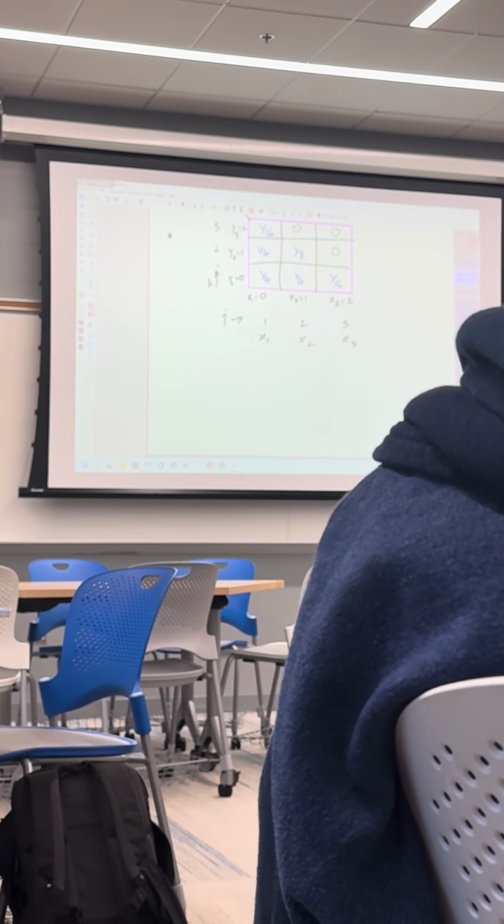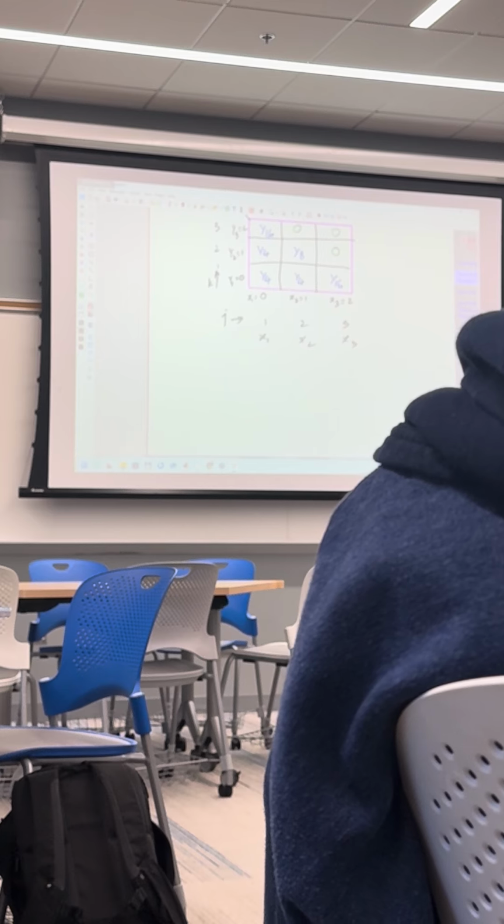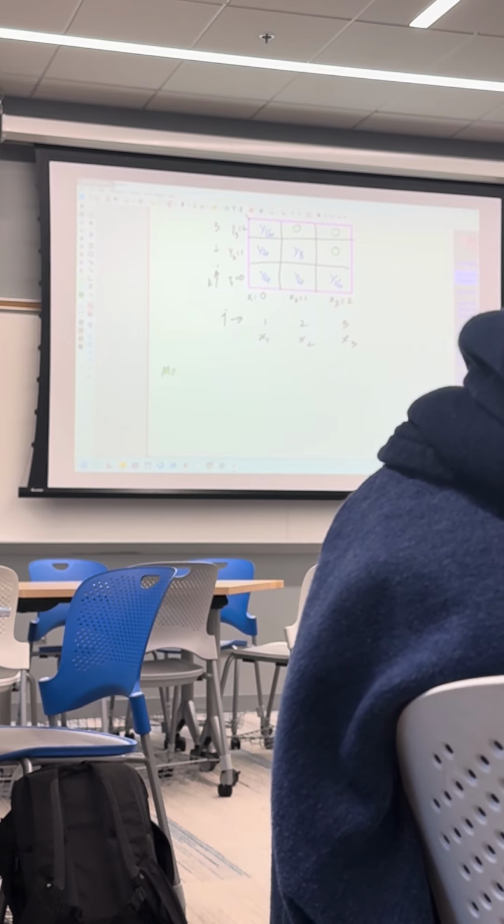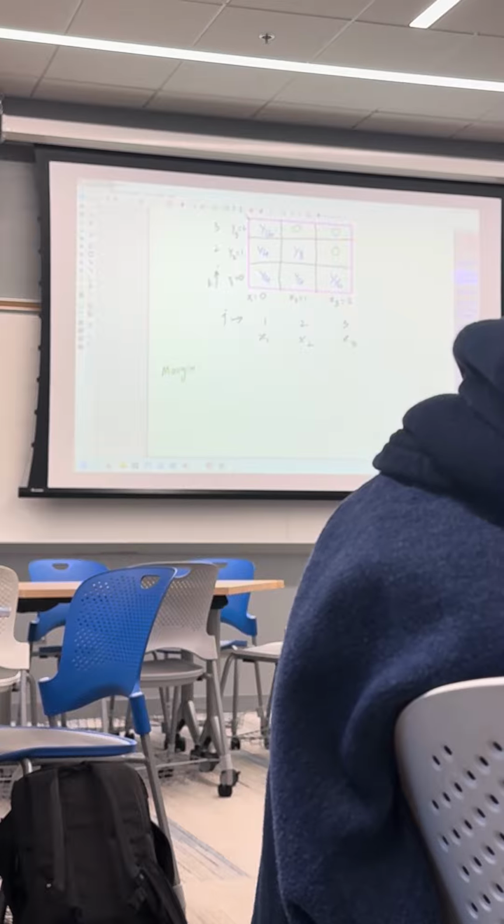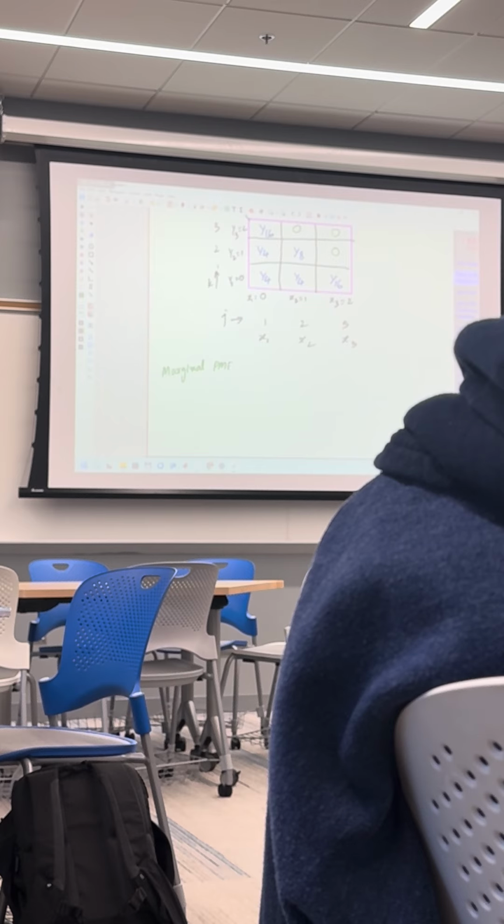So the marginal PMF of random variable x, it is the marginal PMF of random variable x taking value x1,